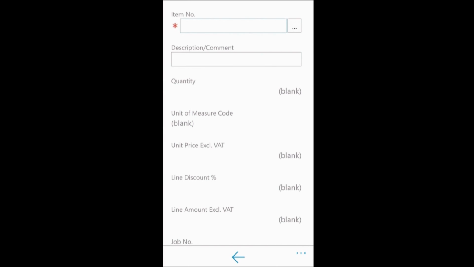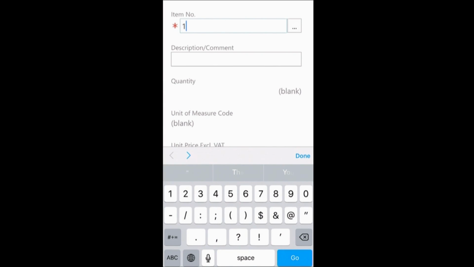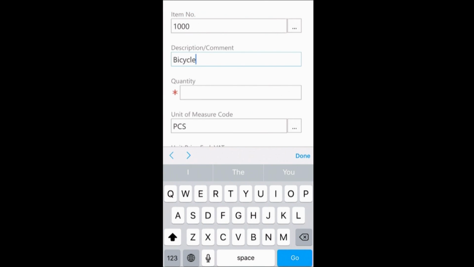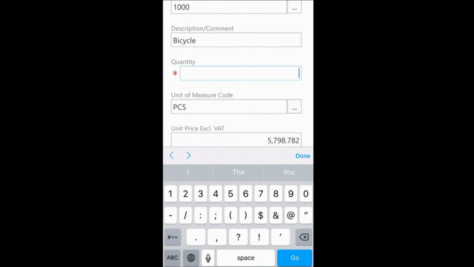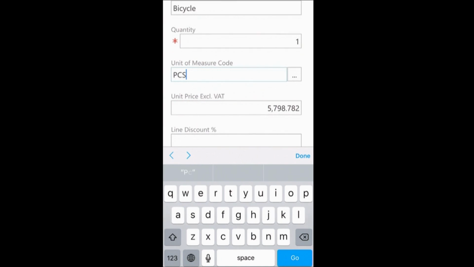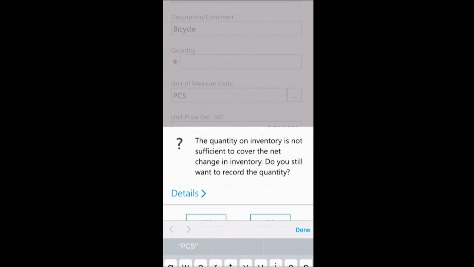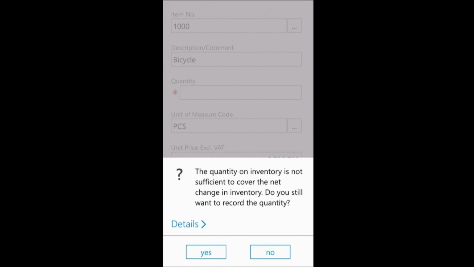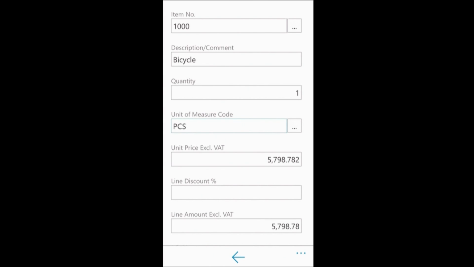I will show you that I can type 1,000 in the item number, and then I'm going to put quantity 1. And now you can see the NAV business logic in action also on the phone, because I shouldn't probably create the sales invoice. So I will press yes, and there it is. My line is complete. So I can go back now